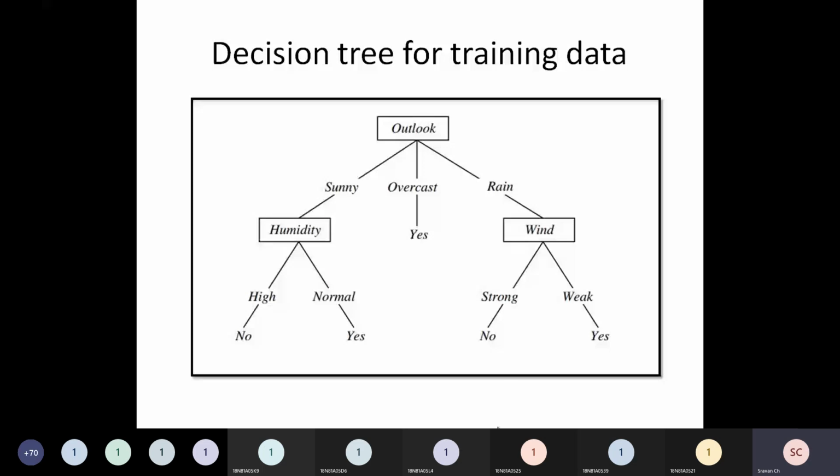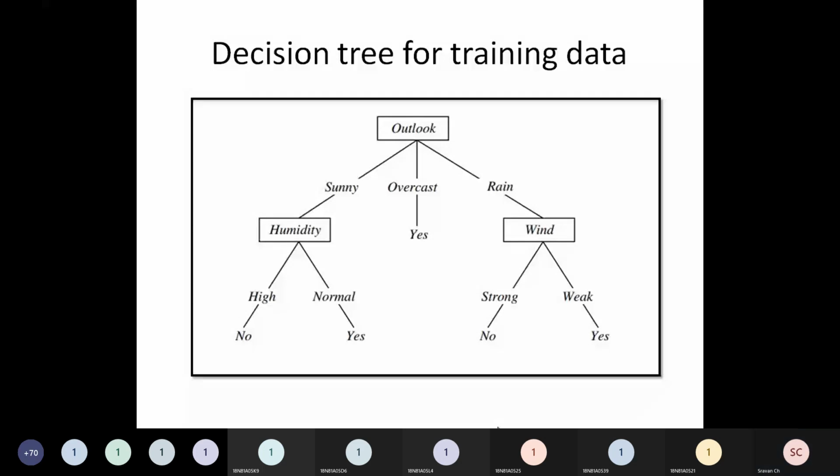So this process will further continue, my dear friends, until you get the leaf nodes. This process will be repeated. If you observe, the temperature parameter was missing. It doesn't mean that it is an incomplete tree. Without depending on the temperature parameter also, we can make predictions. That is the meaning.